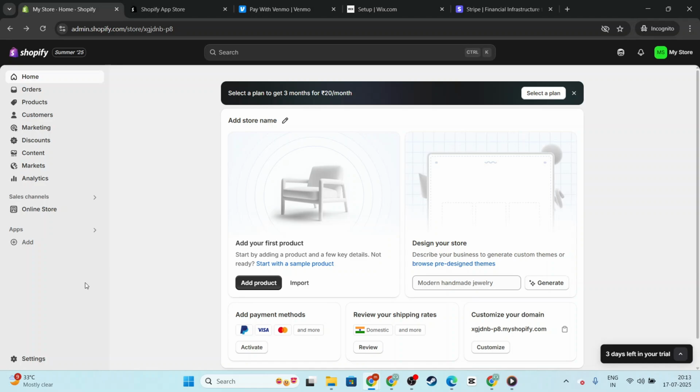And there you have it, a professional, streamlined invoice system up and running for your Shopify store. By following these steps, you'll not only improve customer experience but also enhance the